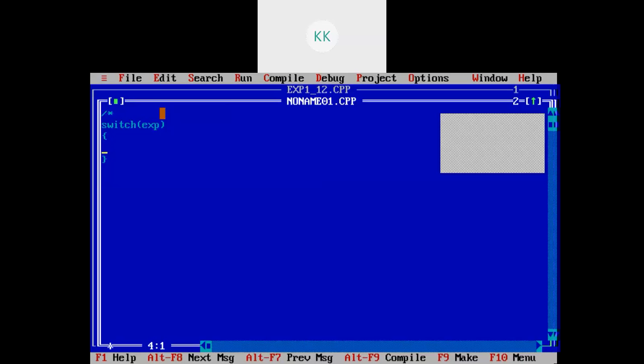And inside this switch you are having case value 1, and with that we are having statement 1. You can have one or more statements, then break. Similarly, this is value 1.